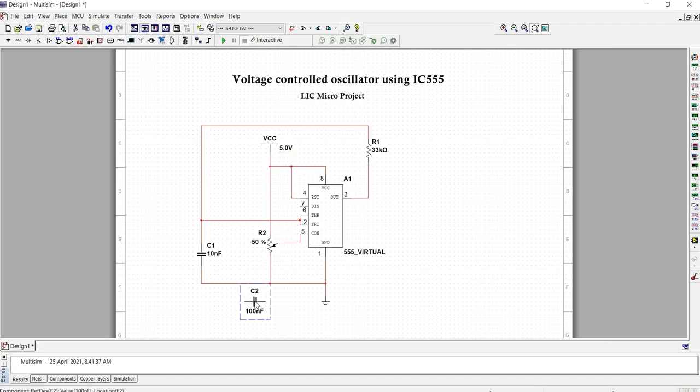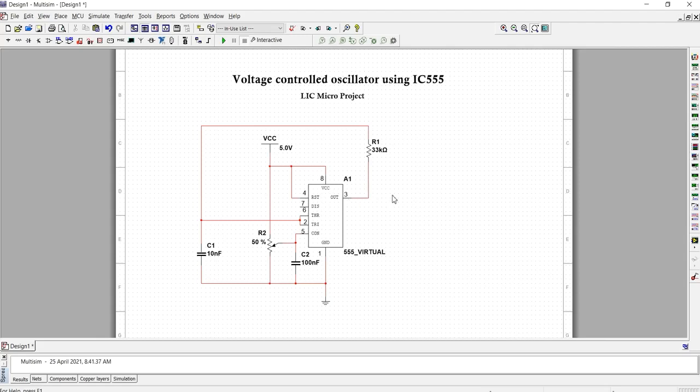Now select the second capacitor and rotate it. The capacitor's first terminal is connected to pin number 5 and the second terminal to ground. Our voltage control oscillator circuit connections are complete.